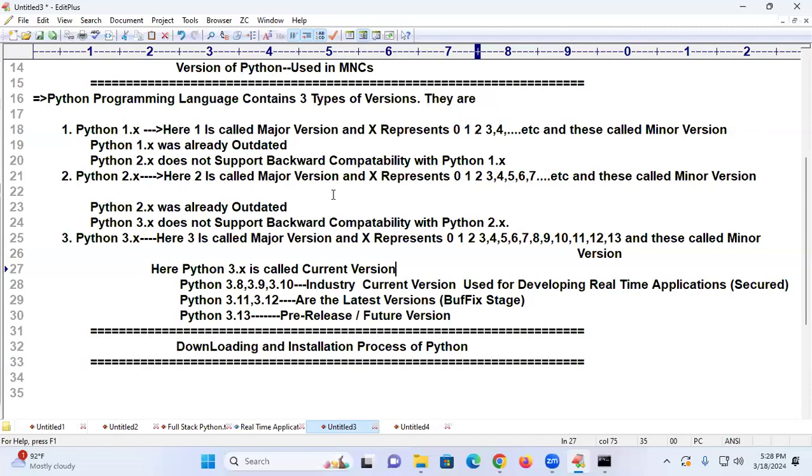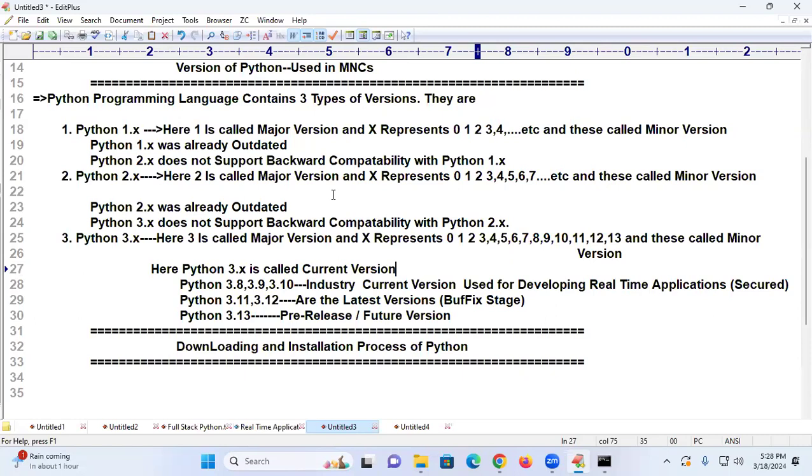Why advantage? Because it gives you less maintenance activities in my program. Less lines, more meaning is there inside of this. It does not support backward compatibility. C language will support, C++ will support, Java supports, C#.NET supports backward compatibilities. Previous versions are carried forward as they are into the current versions. That is the meaning of backward compatibility supporting. Did you understand?